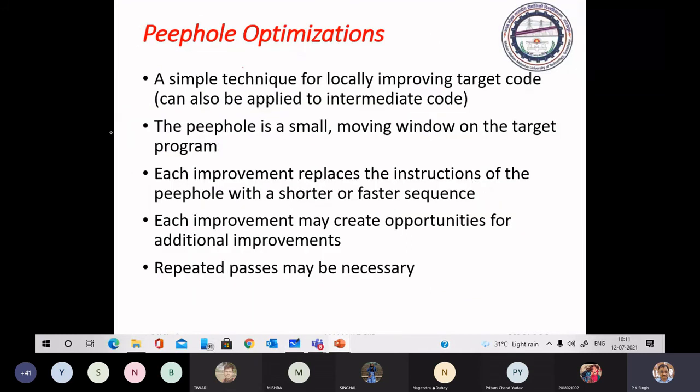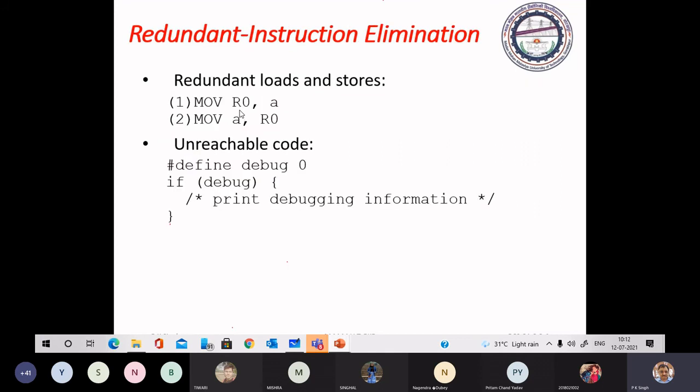First thing is peephole optimization. We can consider the entire code and keep a look at the code through a small window, and we apply it to different sources. First source is redundant load and store.